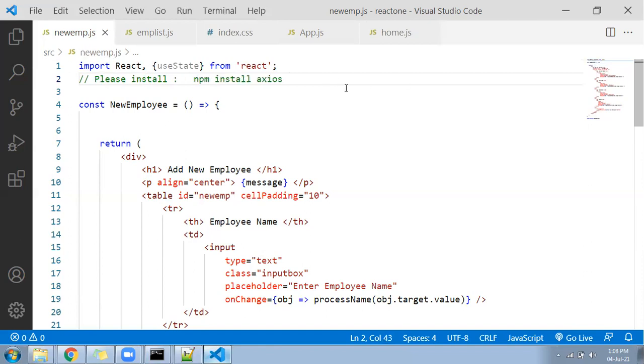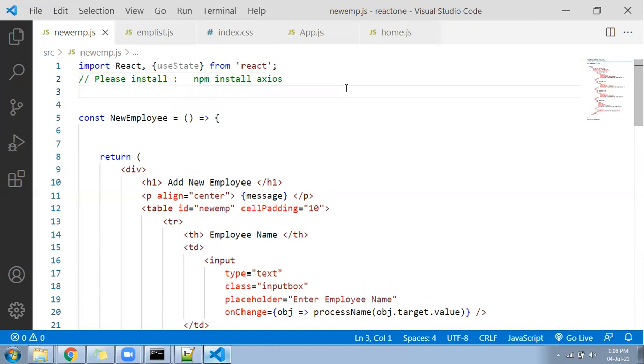I have already installed it, so I have already run npm install axios. I'm going to import that. Import axios from axios. Right, till here it is ready.